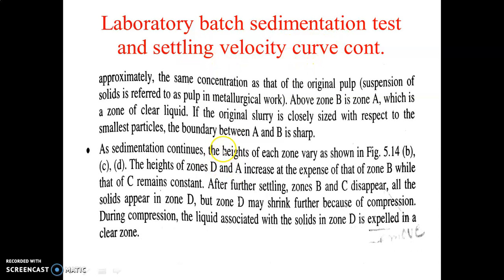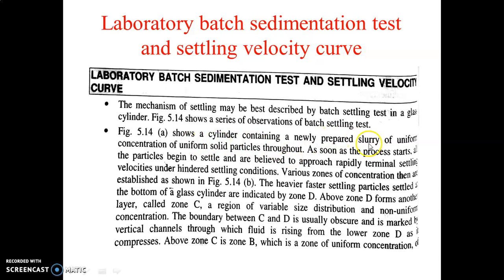That I will discuss later. So first you have to prepare the slurry, that means you add the solid material in the liquid and keep it as it is. As soon as the process of settling starts,